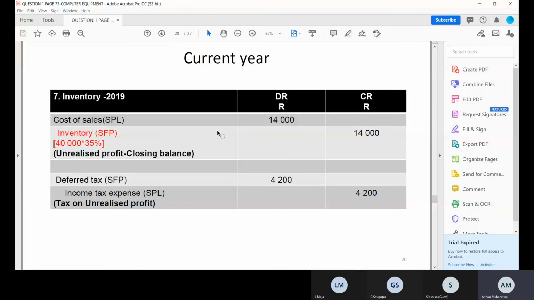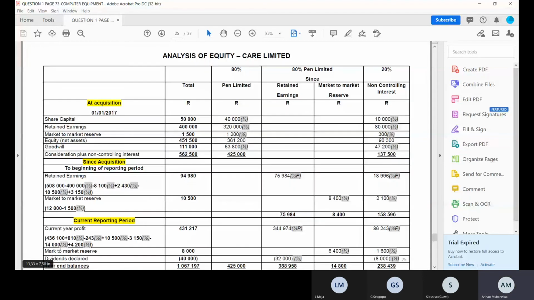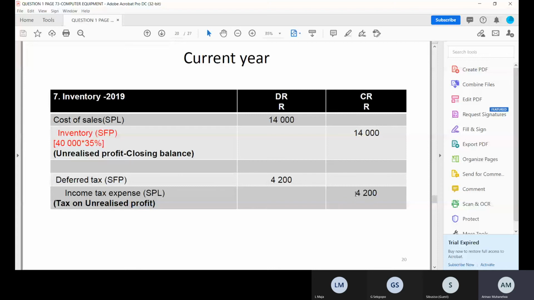So to see this transaction on the analysis under current, remember we deal with the date. Current year profit. I have to see the 15,000, which will be subtracted, and the 14,000, which is cost of sales, which will be subtracted, and then the income tax part of it, 4,200, must also be subtracted. Here's the 14,000. On the same token, because I'm dealing with current year,